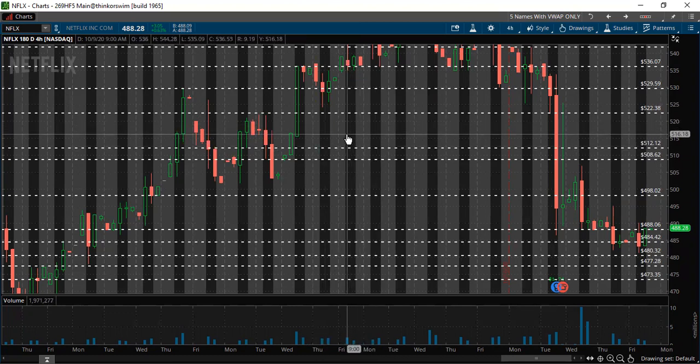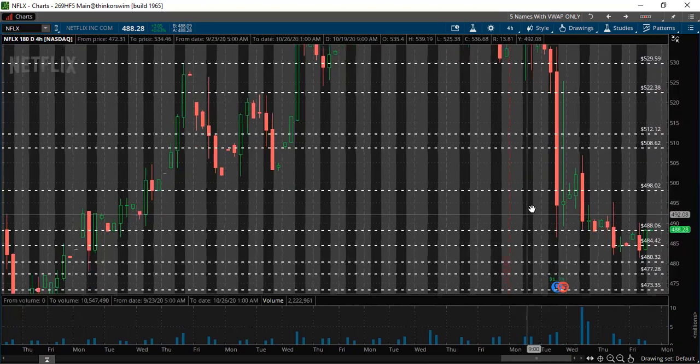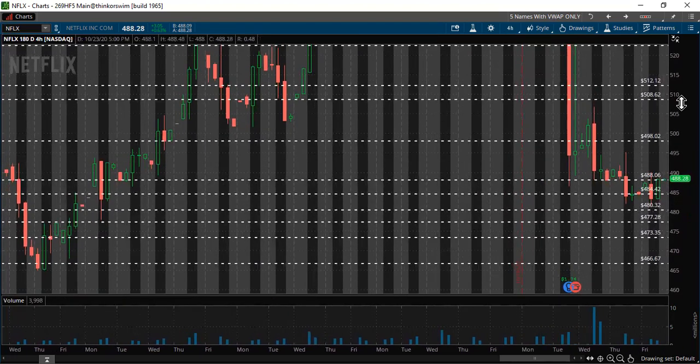But for me, that's just a little too risky. So, I would like to see 510, 512 break for me to feel confident. And if they were to break, I would look for a take profit at 522 and 530. Now, as for support, can we go lower than where we are right now at 498? Yes, definitely we can. A lot of factors have to come into place, market conditions,